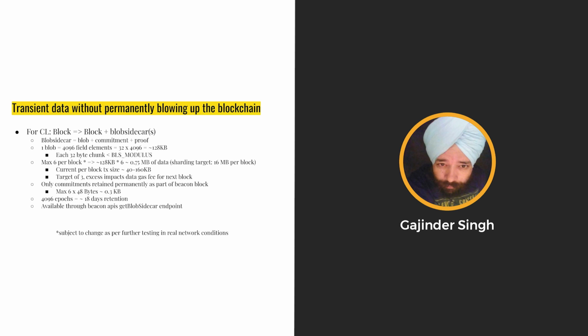And the disk requirement is not really that high. It's about, for example, 100 GB as of now. So if you keep packing the max blobs per block for about 19 days, and that is again transient, it's the one-time allocation that the clients will do on the disk space, right? So that is also not really a big decision factor. The big decision factor is the bandwidth that will be required, because if you are doing P2P gossip communication between the clients, you are not transmitting a blob one time, maybe you are transmitting it 50 times or 100 times in a particular slot, depending upon the number of peers that you have